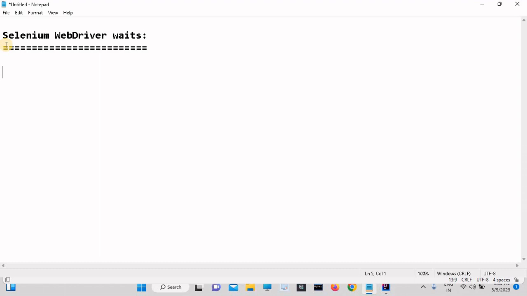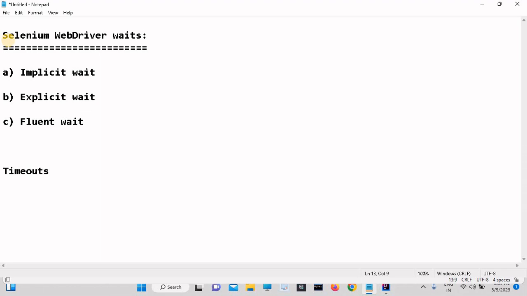So what are the waits available in Selenium? First is implicit wait, second one explicit wait, third wait FluentWait. So these are the waits, and another one is timeouts wait. So in the timeout there is